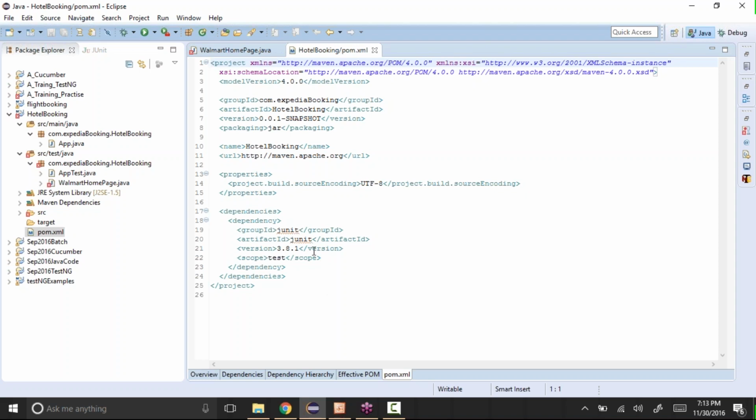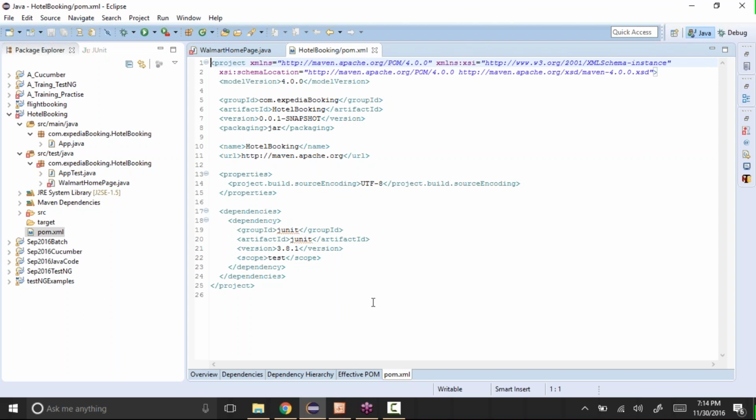So here we will provide that I need a TestNG jar file. I need, let's say, a Selenium jar file, like Selenium standalone server. Whatever jar files you need for your project, we need to provide them here. With this, when you try to execute or build your project, Maven will come to this pom.xml file and check what dependencies are given for that specific project. So it will go and download all the dependencies.